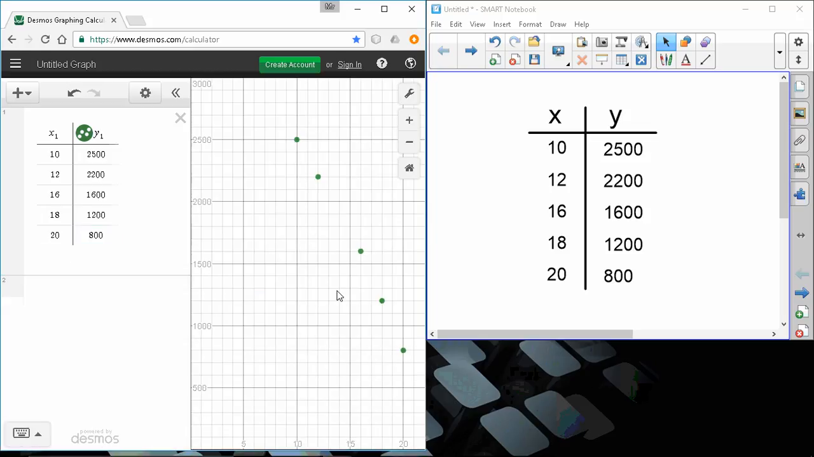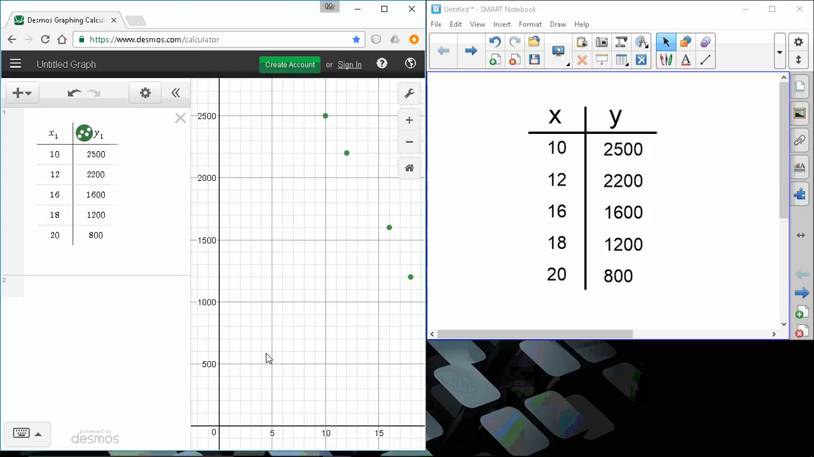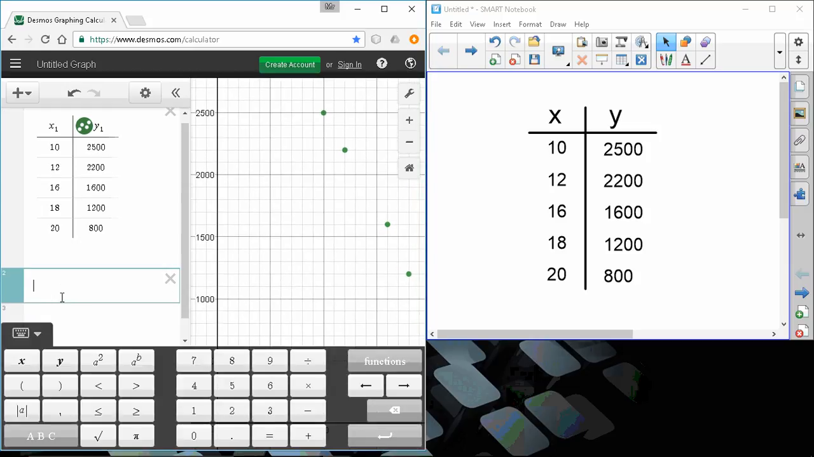See, there's some points. What would be nice, and I can still move this around so I can see stuff, and I can zoom in and out if I like, I'd like to do a line of best fit, right? That's clearly going downhill. How I get Desmos to do a line of best fit is I use, since it's y1,